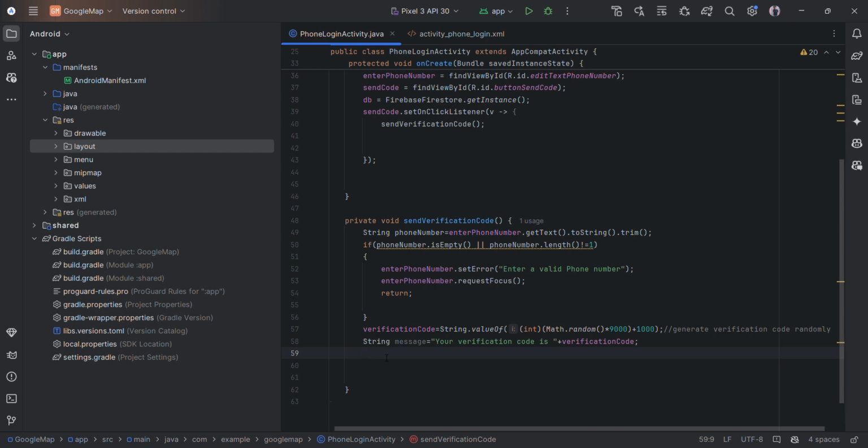Okay, so if context compat dot check self permission context